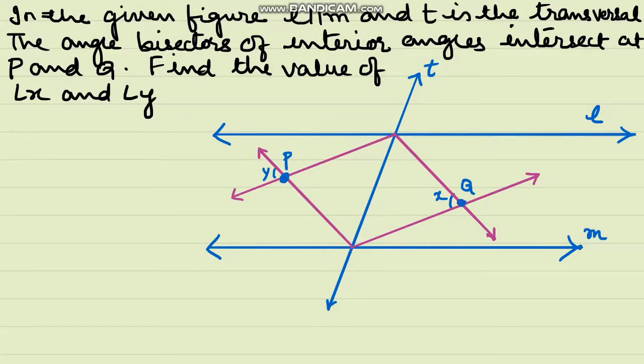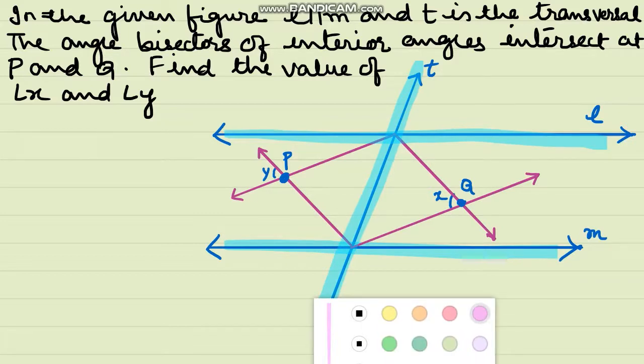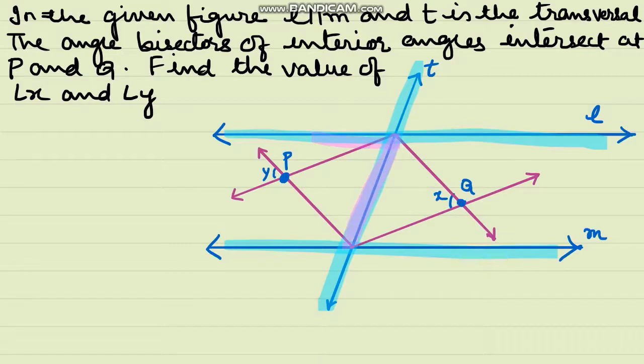Now we have to find out the value of X and Y. Now let us see how we can find this value. Children, please try to look. See here, this is a line parallel to this line. These two lines are parallel and this is a transversal. Okay. Now try to understand here. This angle, look at this part. This is forming a Z and therefore this angle is equal to this angle. Alternate interior angles.